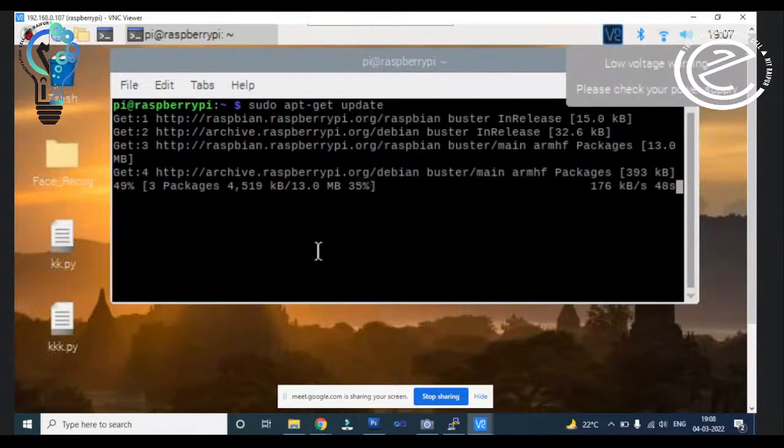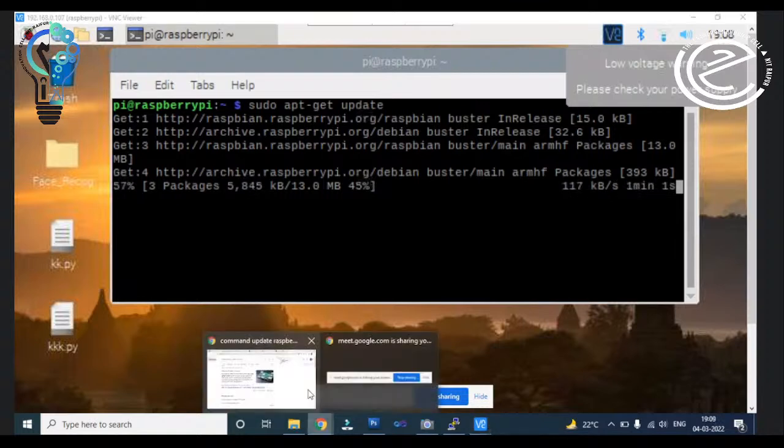If you have a good internet connection, then it will finish in time, otherwise it will take so long. So you need to wait for this if you are doing anything in the Raspberry Pi board. Once it gets updated and gets everything, then you can use it. Till it is uploading, let's see another feature of this Raspberry Pi board.